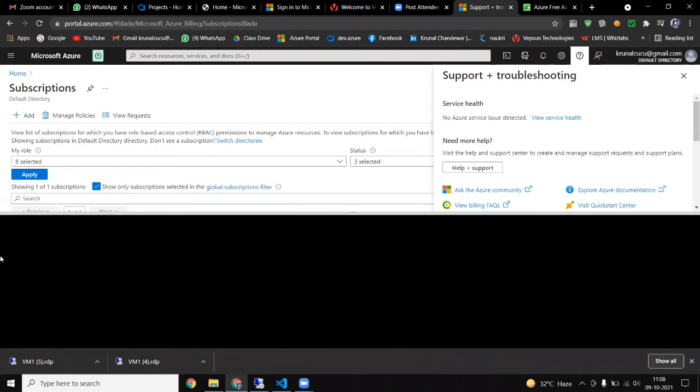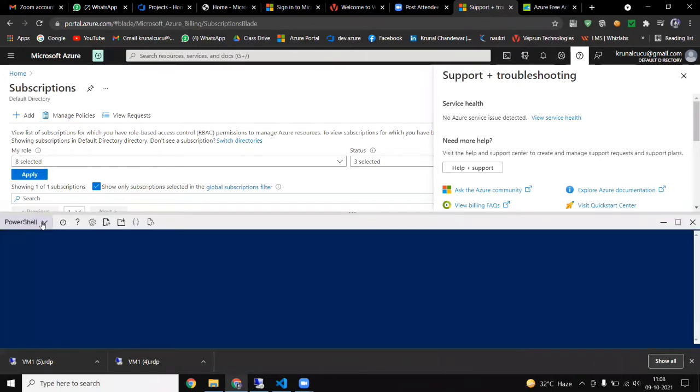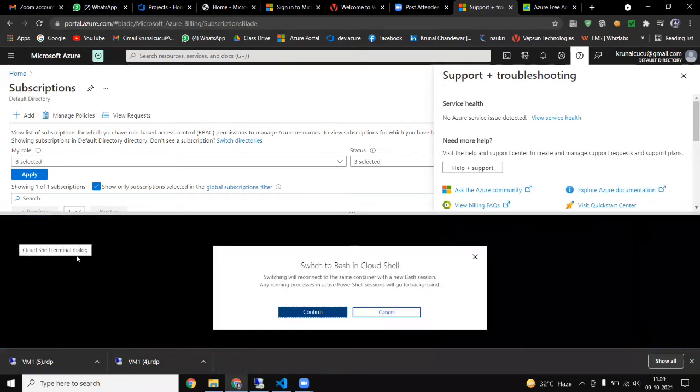Or if you want to run commands which we use in the command line of Linux, that is initializing. It will take some time. That is initializing now. And if you want to run Linux, click on Bash. So you can run Bash also.